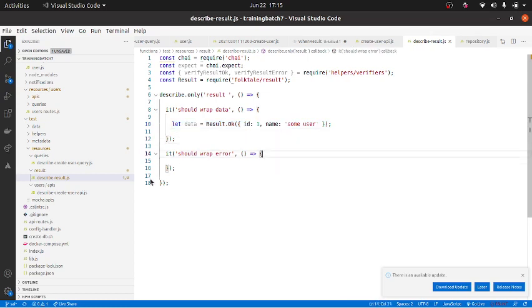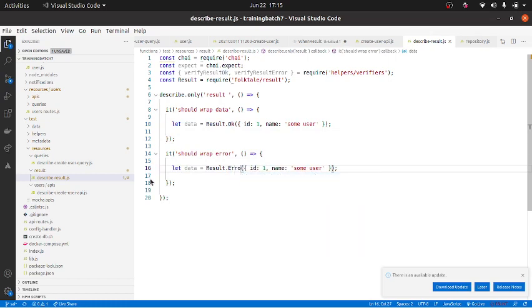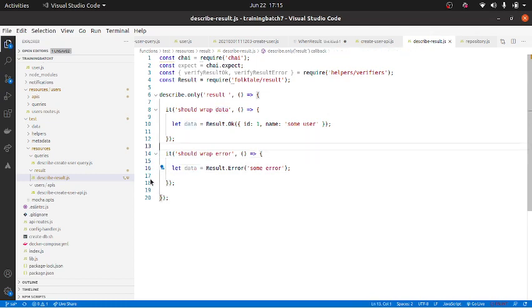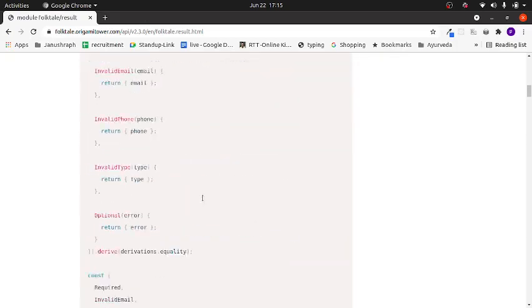Similarly, instead of ok, I can give error, some error, and that essentially means this operation has failed, and this represents the error result, correct?